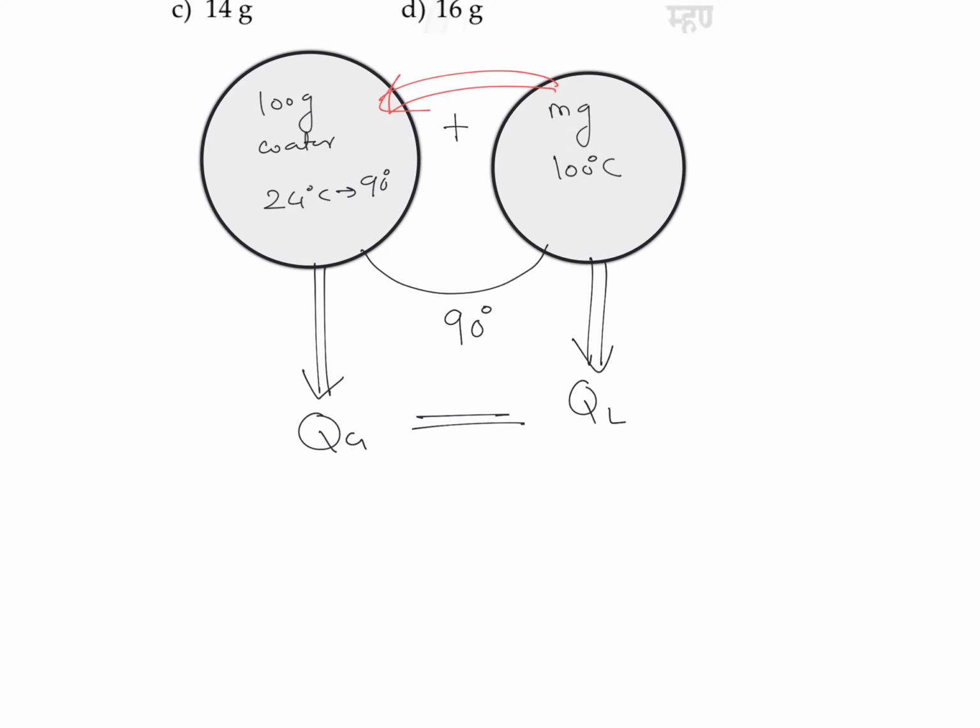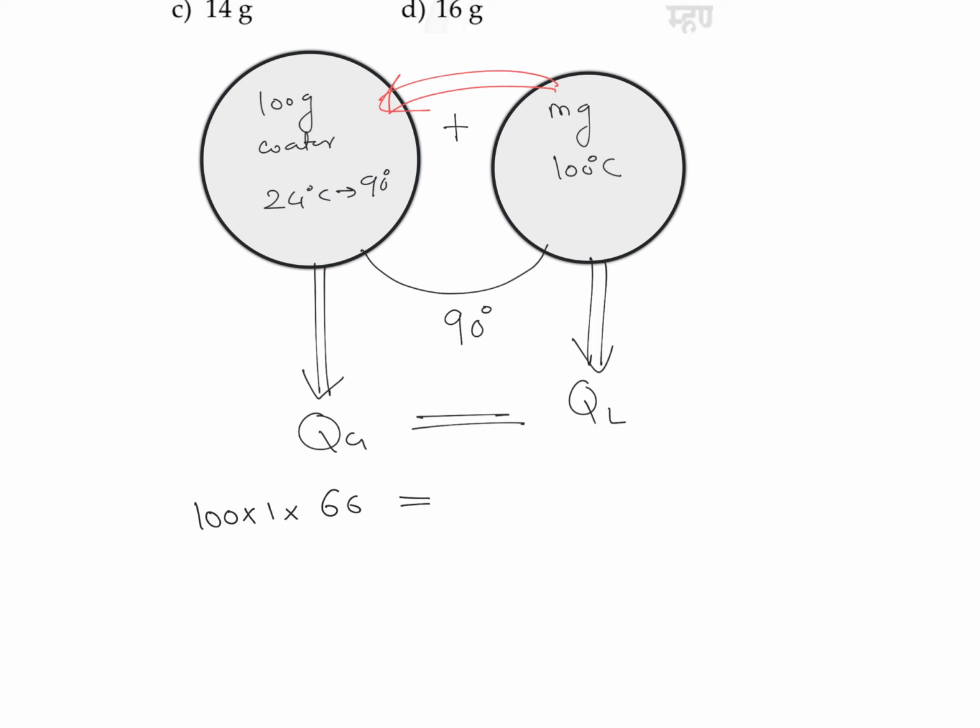Now heat gain is happening to change the temperature from 24 to 90 degrees Celsius. So you can write on the left hand side this is equal to m is 100, s is 1, and delta T is nothing but the difference in temperature, 66 degrees Celsius, is equal to, on the right hand